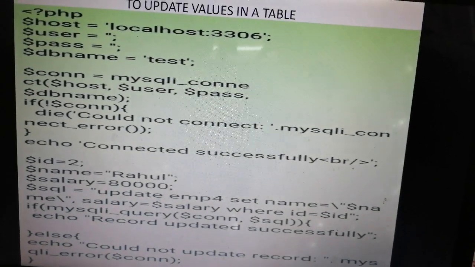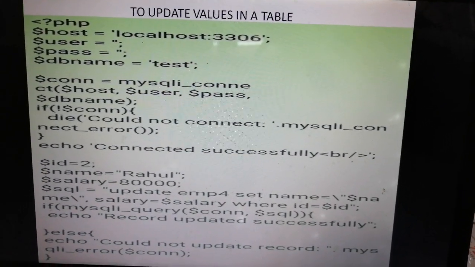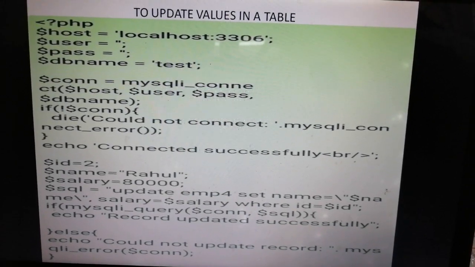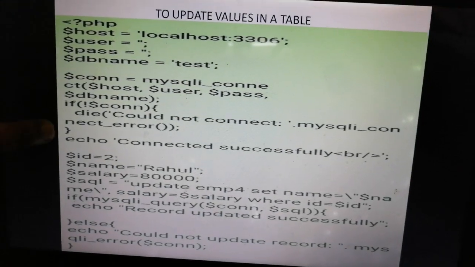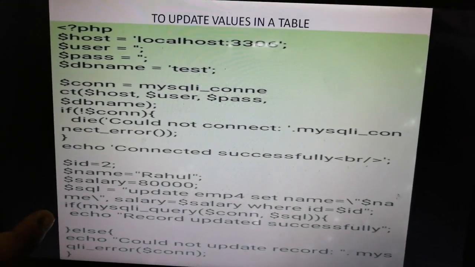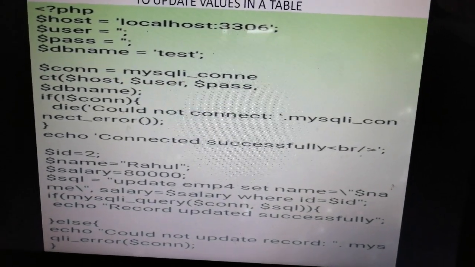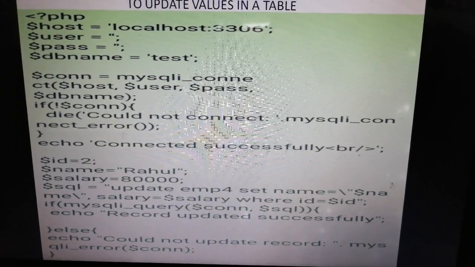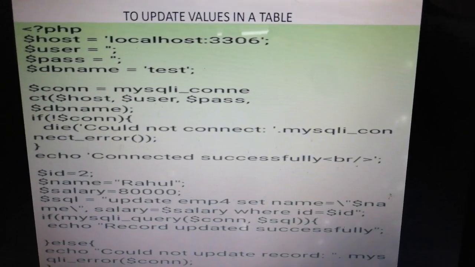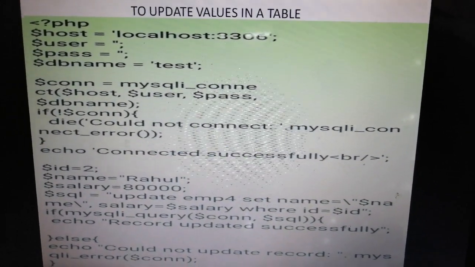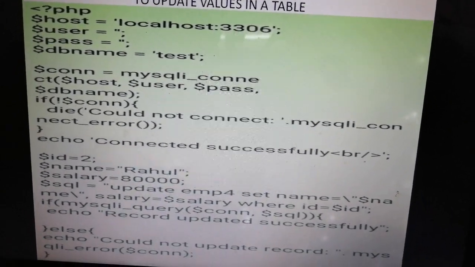The same thing, when creating a table, we have used these steps, PHP to echo. When inserting the values to the table, we have used these steps, PHP to echo statement. Now for updation also, we are using the same statements, PHP to echo, because each and every query, either a SQL select query, insert query, or update query, whatever the query you need to execute, the first major thing you need to do is